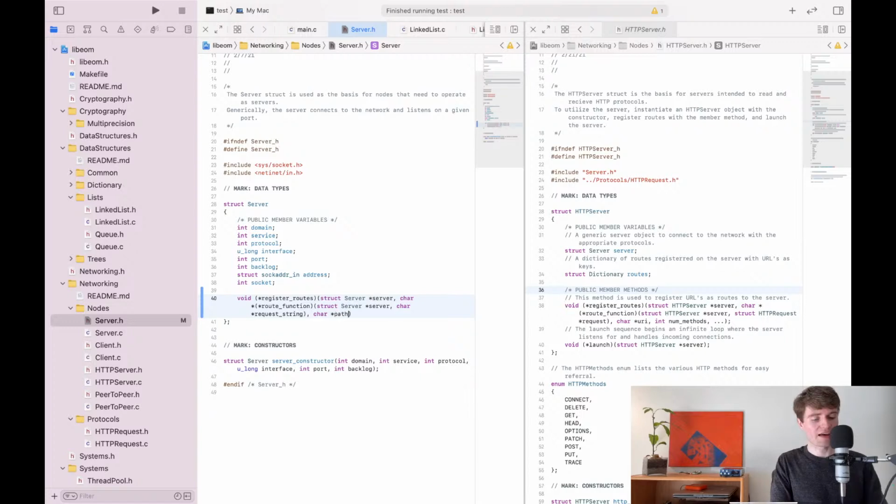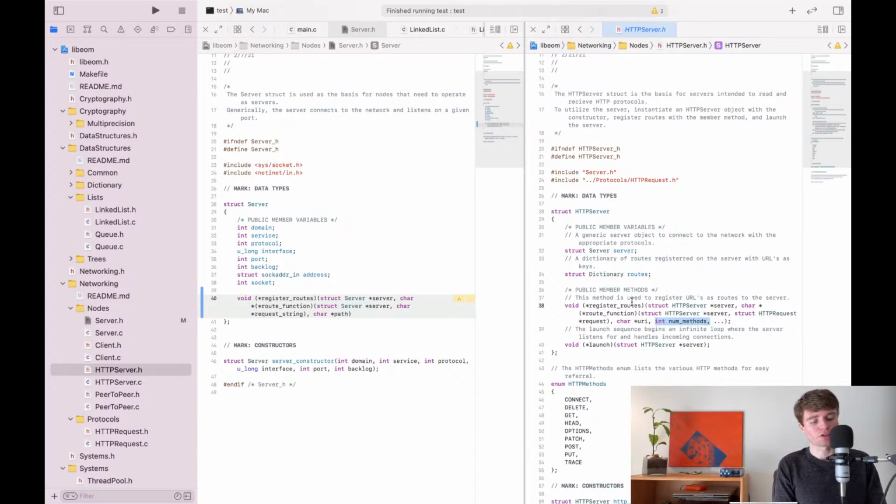We'll call it path. Now, in the HTTP version, we passed in the number of methods, and that referred to the REST API protocol, basically, where we have get, set, put, delete, all of these different protocols. And you would essentially choose which protocols you were allowed to use on a route. But as far as I can see, you can make a route do absolutely anything you want. So, I mean, I don't care what protocol someone uses. So why would someone use a delete protocol? Why does it matter that they actually specify that? So